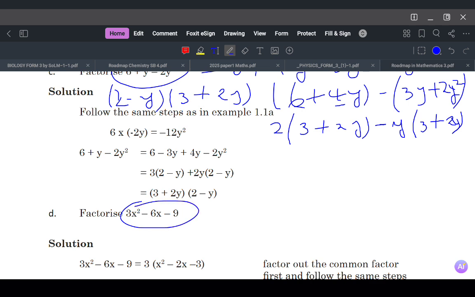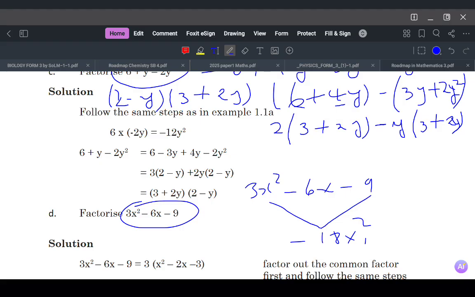All right, let's consider this. So we have 3x squared minus 6x minus 9. Take the first and last terms, multiply them. So we have minus 18x squared, all right. The factors of these,